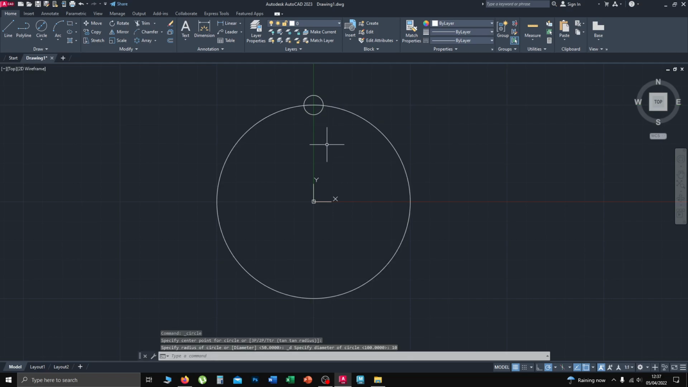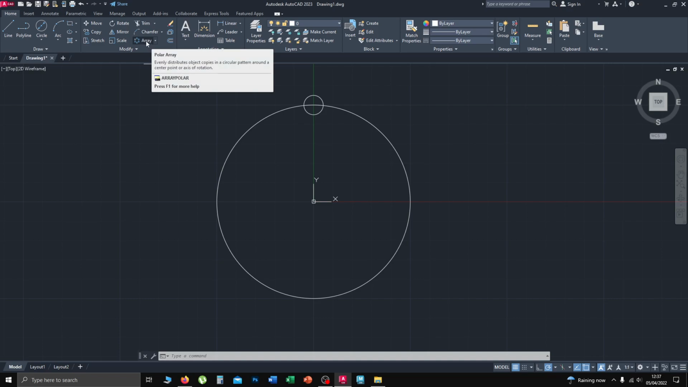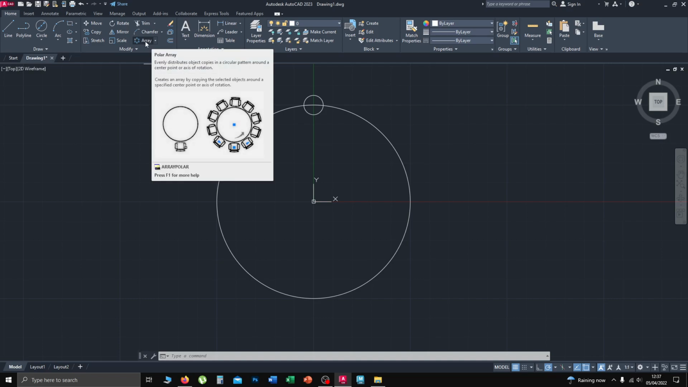Okay, so what I'm wanting to do with the polar array, what this is going to allow me to do, is to have this small 10 diameter circle going all the way around on the bigger circle as a center line, essentially. So if I click here, polar array, or type in array polar,